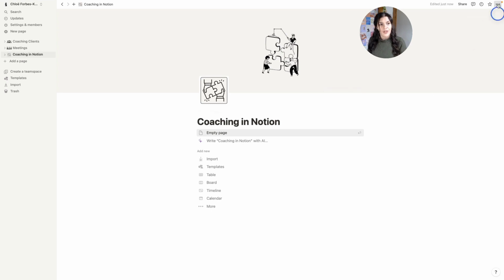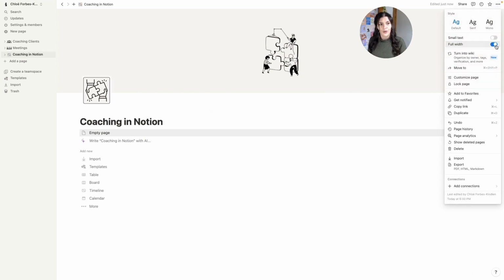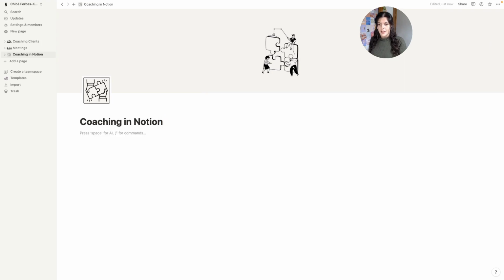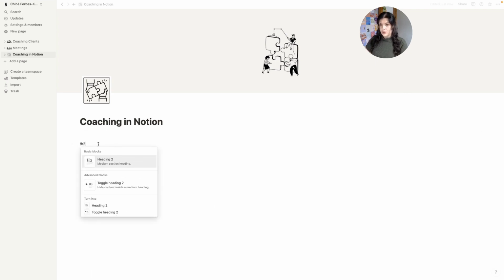So again, come up to the top right hand corner, do full width, enter. I'm going to add a divider here. And I always like to break the page down into different sections based on how I might be using it. So in this case, we're going to do manage clients, upcoming meetings, and then our meeting notes. So here we'll do H2. I usually start this way. So we'll do H2, manage clients,